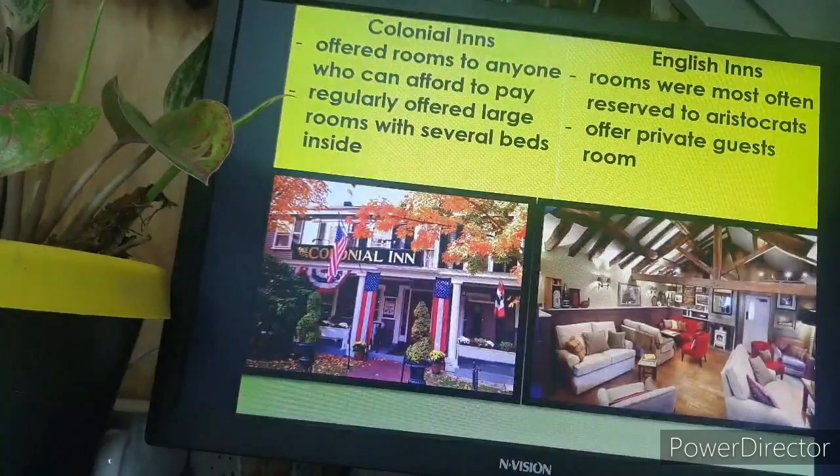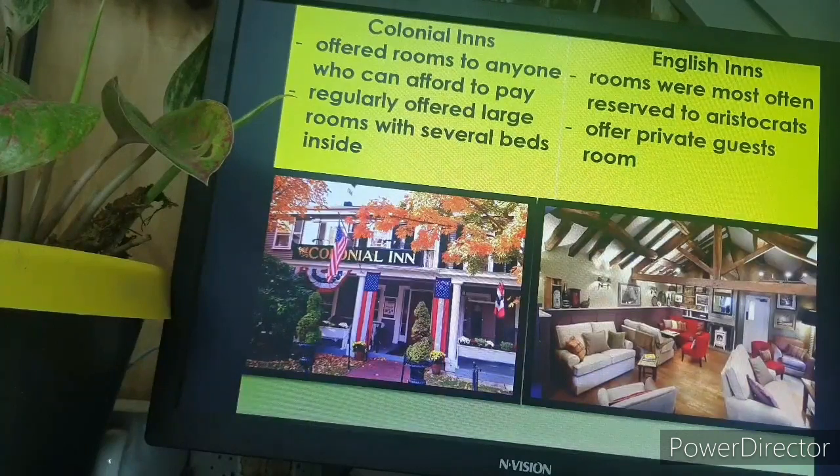Okay, so the difference between the colonial inns and of course the English inns. Colonial inns, as long as the travelers are willing to pay or to settle the said amount, then that's colonial inns. Okay, as long as they can afford to pay. While English inns, usually the rooms are reserved for the aristocrats, because they're willing to pay as well, but you expect also a high